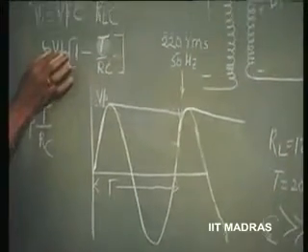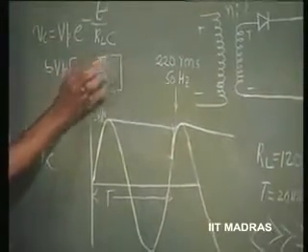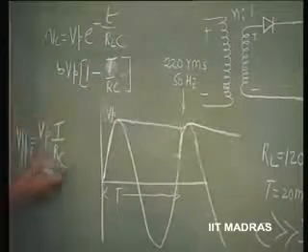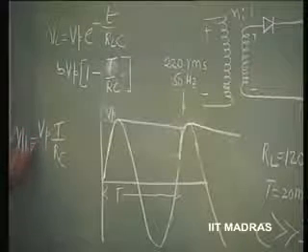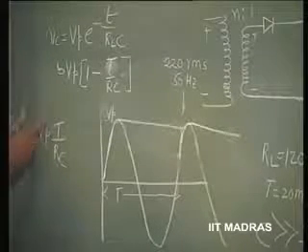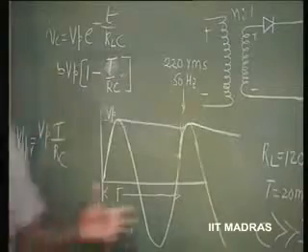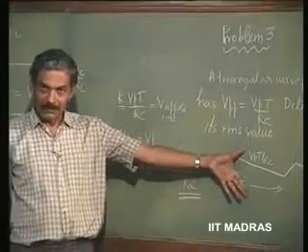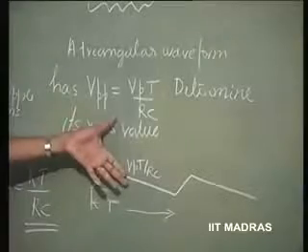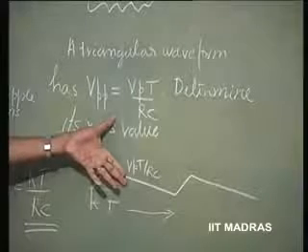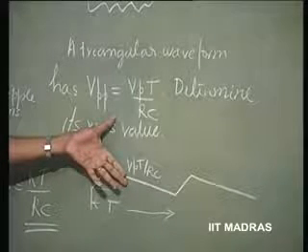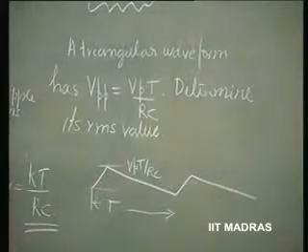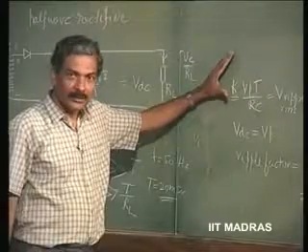It is only going to change from Vp to Vp into 1 minus T by Rc, T by Rc being extremely small compared to 1. This ripple is going to be extremely small, and this peak to peak value is going to be Vp into T by Rc. That can be converted into an RMS value by solving this problem, which you must do, which you have done already in your networks, converting any periodic waveform with certain values of peak etc. into the RMS value, and we will come out with the answer in the next class.